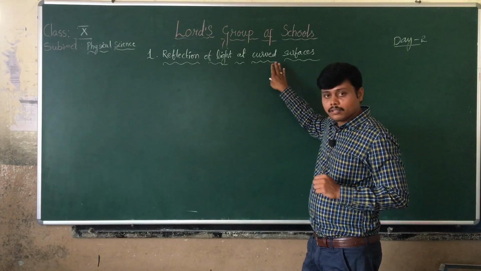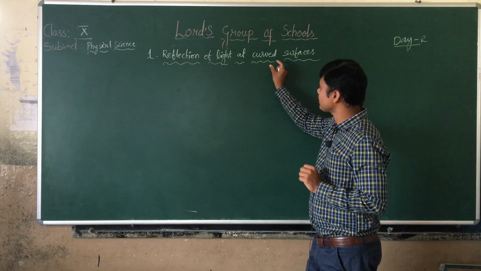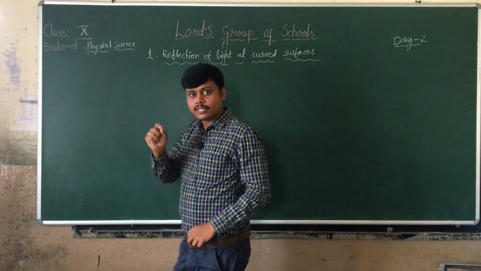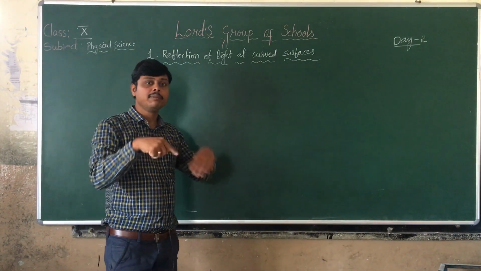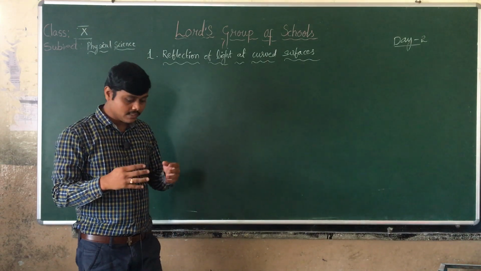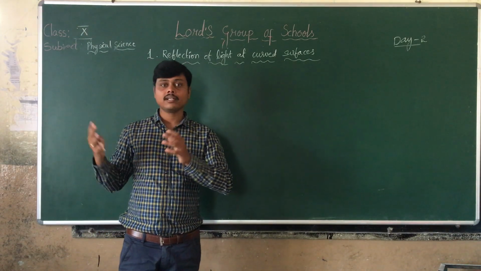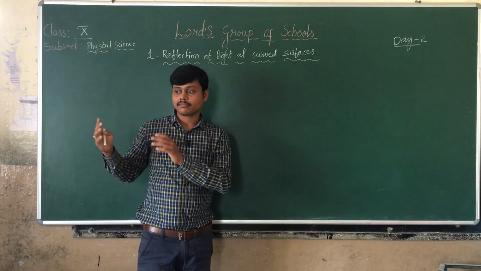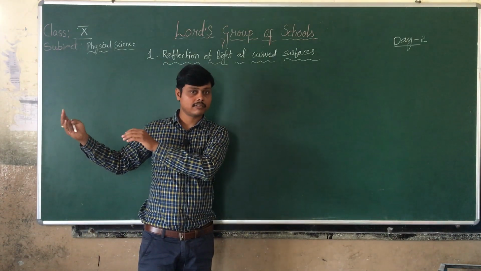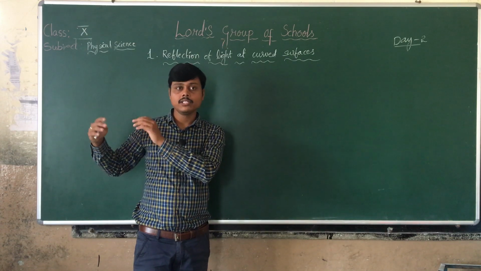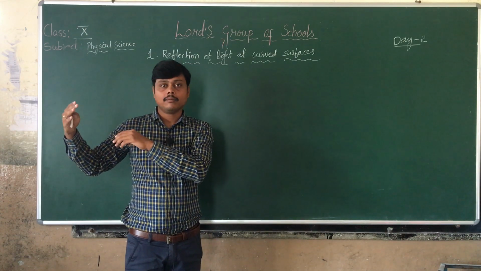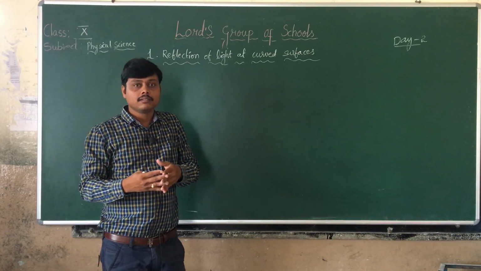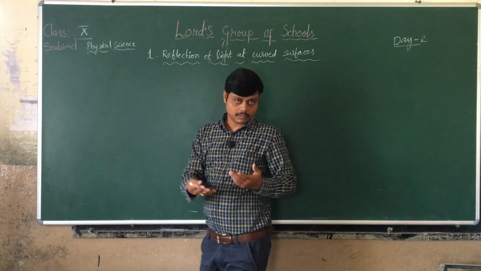But today we are going to discuss some terminology related to curved surfaces. Means when a light is falling on a curved surface, how does it behave? We can see some types of mirrors in our day-to-day life, which are called spherical mirrors or curved mirrors, in automobiles. Like for a vehicle, rear view mirrors are there. So if you see your image inside the mirror of that vehicle, will that image be equal in size with the object or not?